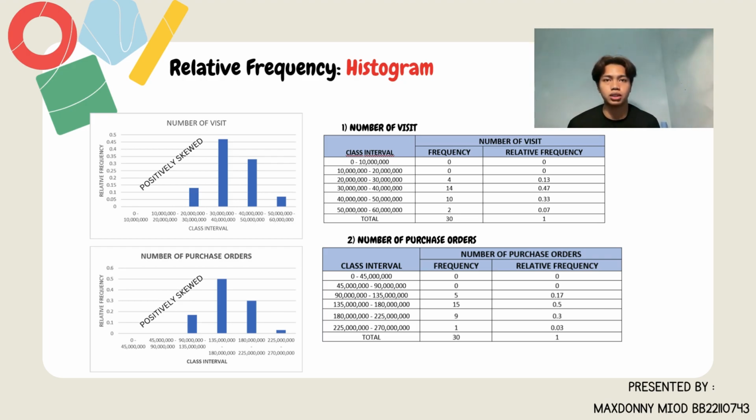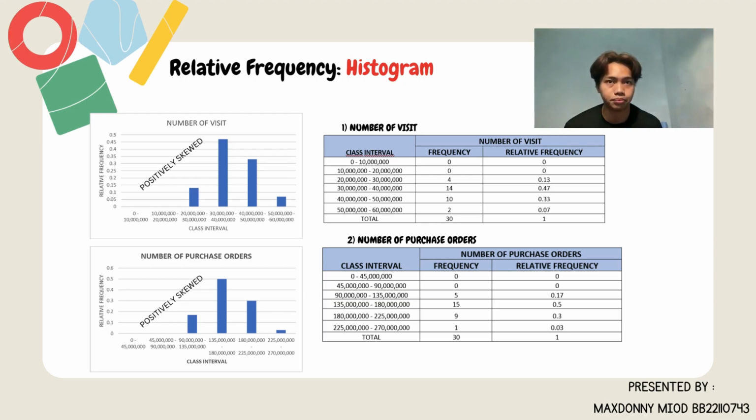For the number of purchase orders, it is also the same for the relative frequency. We just divide the frequency by the total of 30, but the class interval is different, which is the first class is 0 to 45 million, 45 million to 90 million, 90 million to 135 million, 135 million to 180 million, 180 million to 225 million, 225 million to